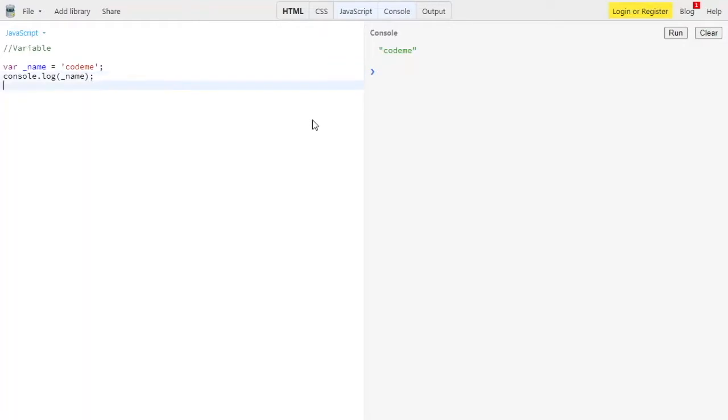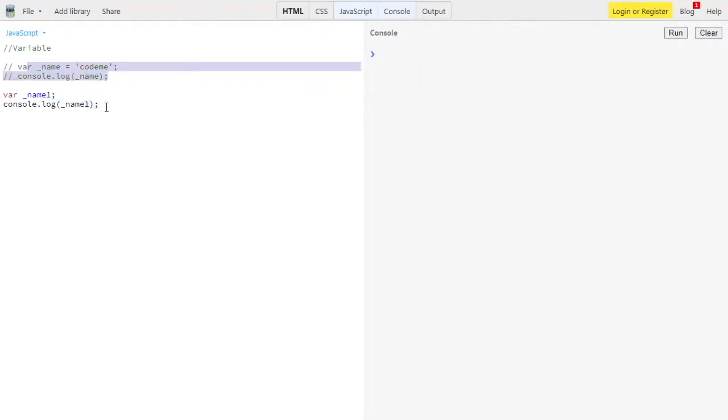Let me show you one more very good example, where we have _name1 and I'm assigning nothing. Over here we have console.log _name1, and as you can see, let me comment this, it gives me the value undefined. Why is it giving undefined? It's because we have initialized the variable but not given any value to it.